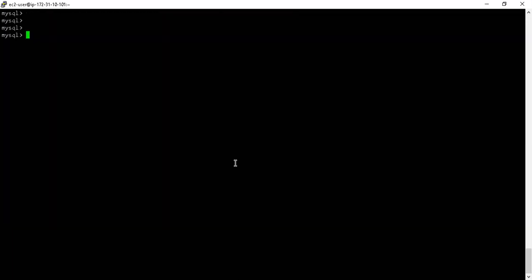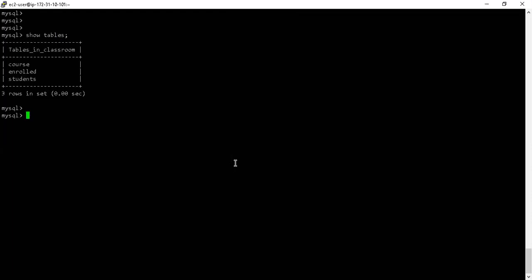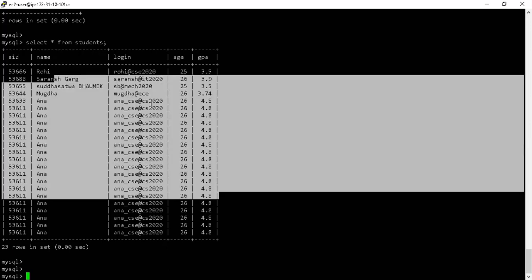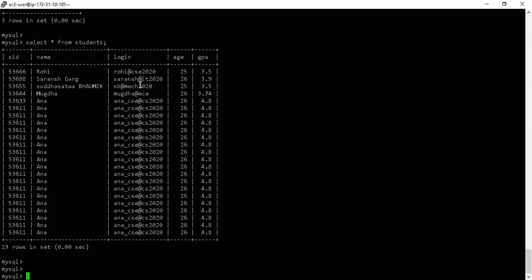So if I do a show tables, I would just like to show you a very common kind of function, which is very commonly used. I'm not able to recall if we have already done this. So select star from students. I just want to know how many students are here where CSE 2020 or CS is mentioned, right?